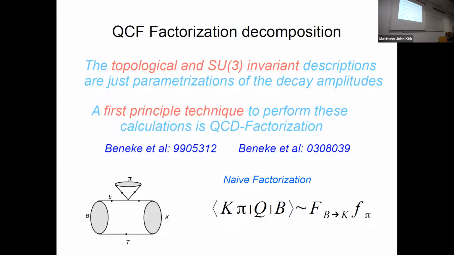Now let's go to a more fundamental way of calculating these things. This is really the reason why Tobias and myself did this. So there is this technique called QCD factorization. It was a very famous technique developed by Martin Beneke and friends. Okay. So it allows you to calculate